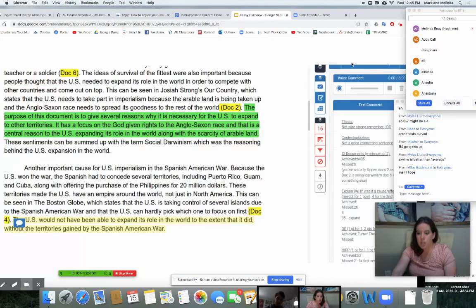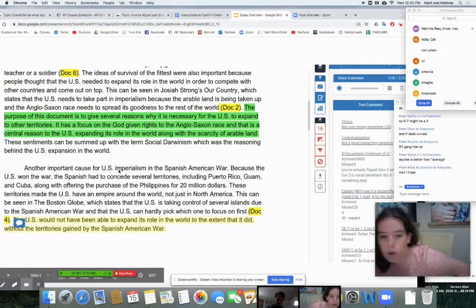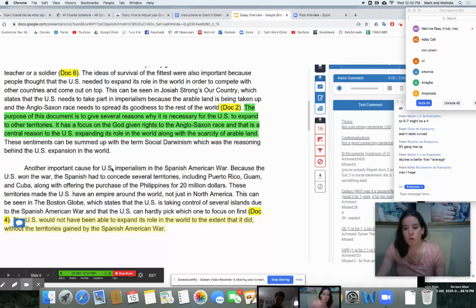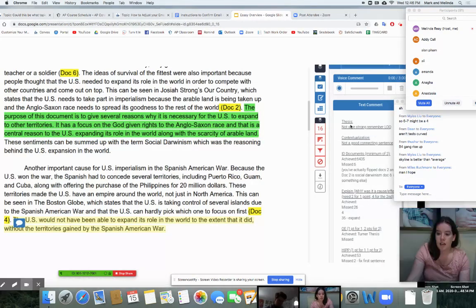So this is what your DBQ will end up looking like. As a quick reminder, over on the far right, these are all of my comments. If you notice, I was very elaborative in my comments. So thesis, if I have anything under thesis, it's because there was something wrong. Contextualization. ID, remember all of these numbers are each document that you ended up getting. I obviously just barely realized I messed up a number here, but that's fine. And then if you have anything under missed, then I will usually explain why,